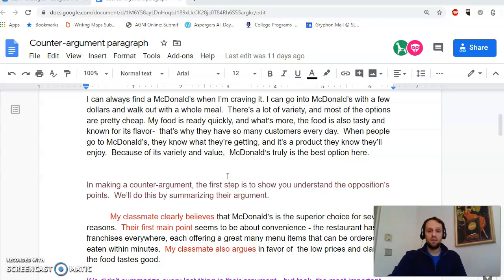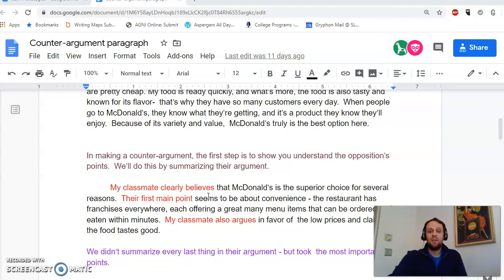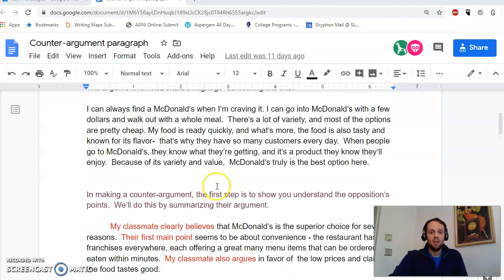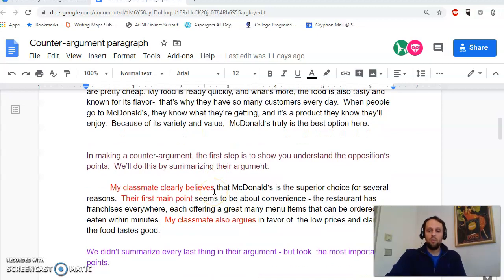So the first step in the counter-argument would be to summarize that. And it is truly a summary, meaning we're not going to take every single detail here. We have to boil it down in terms of what do we really want to say? What do we really want to argue against? Because remember, what you summarize in this first part is going to be, in the second part, what you're arguing against. So similar to how we write a summary for our introduction for the CAT-W, you're going to pick what you believe is the main idea and two other main supporting details in their argument.